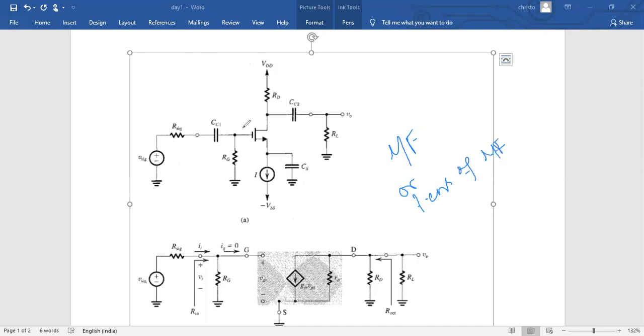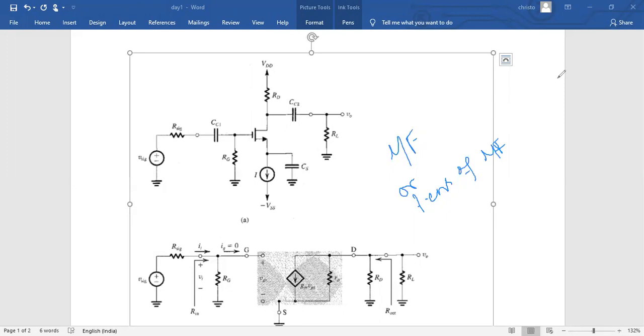It provides high impedance to the circuit in such a way that it allows the low frequency signal and blocks the high frequency signal. At the same time, it will block the DC signal also, so it should not affect the current source. That's why the bypass capacitor is connected across the current source. So the signals will not disturb the current source, because the current source will maintain the circuit in a stable mode.